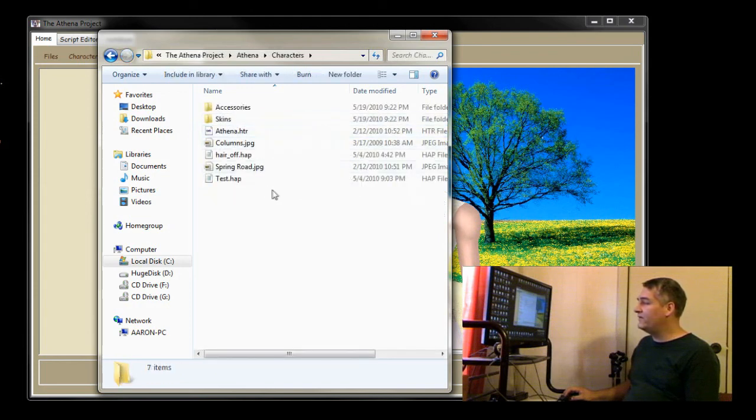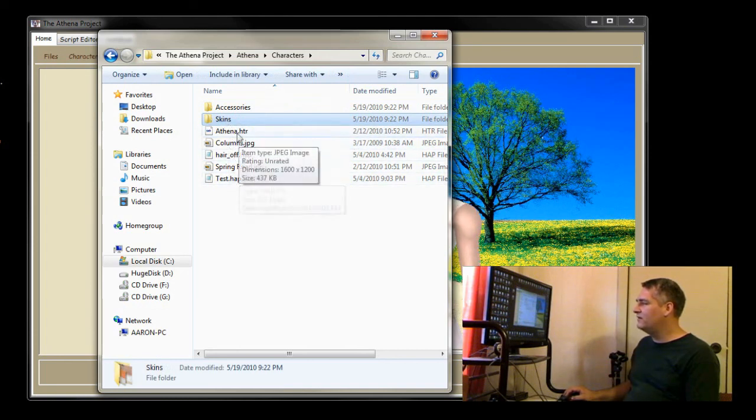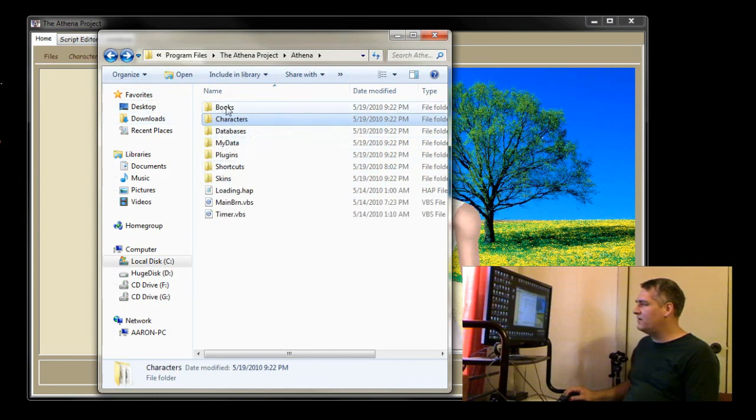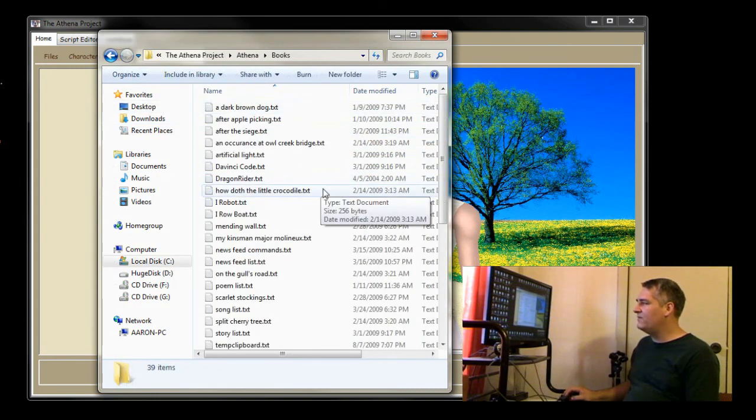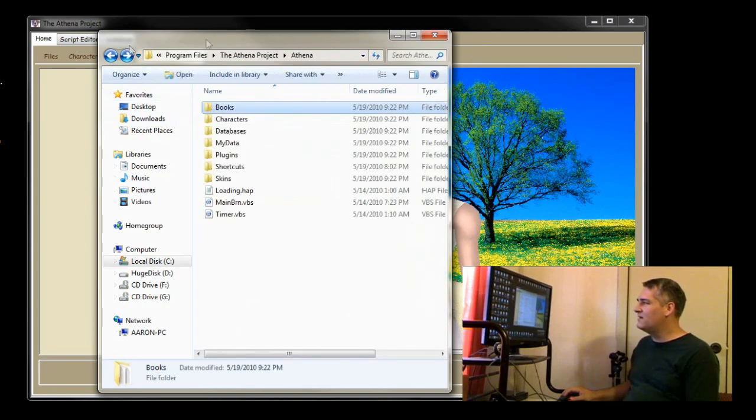We have a characters folder, and we have accessories, skins for the Athena character, and of course we have other HTR files and whatever. And we have books. Now the books is a sort of JSON